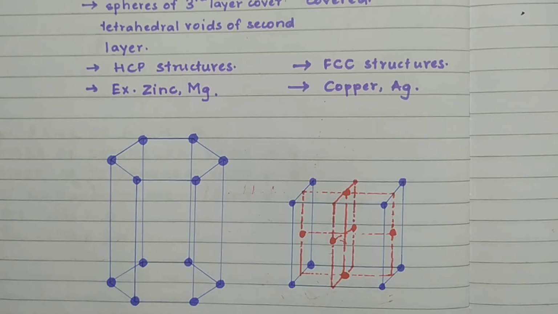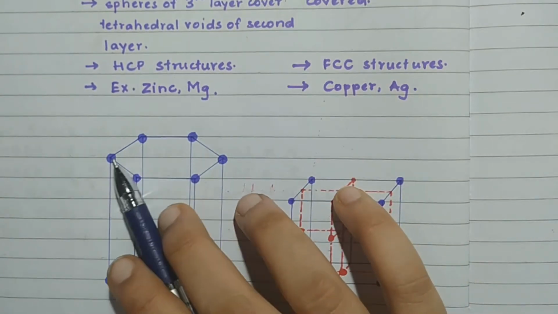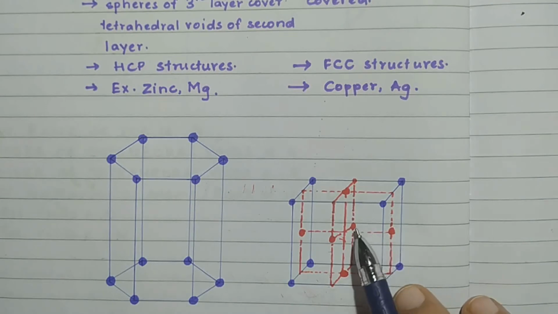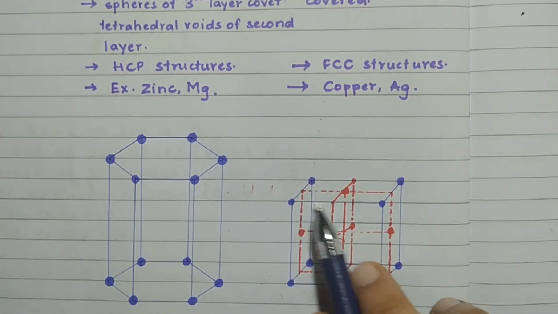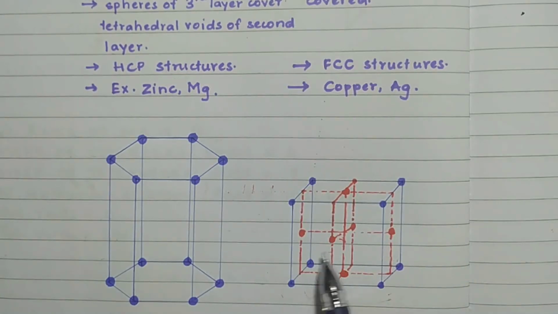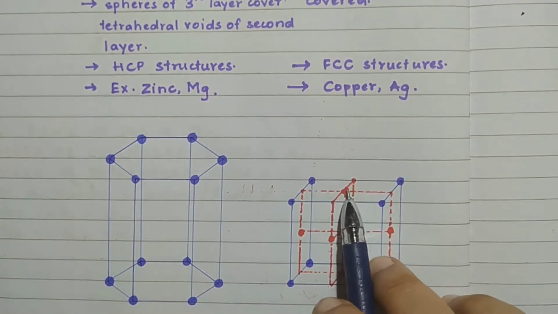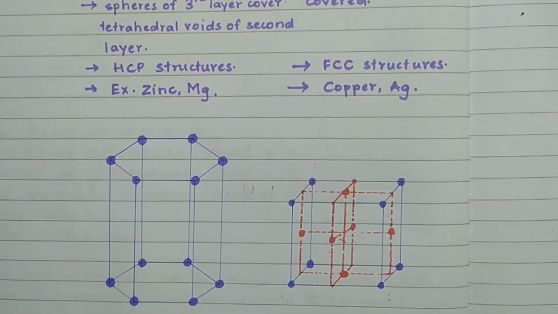Now here I have drawn the diagrams for you to understand. When I say HCP structures are formed by AB type, I mean these types, hexagonal close packing. And second is face-centered cubic structures, which means in the simple primitive cubic cell, at the center of each face there is a lattice point or an atom. These types of structures are formed from ABC type of structures.